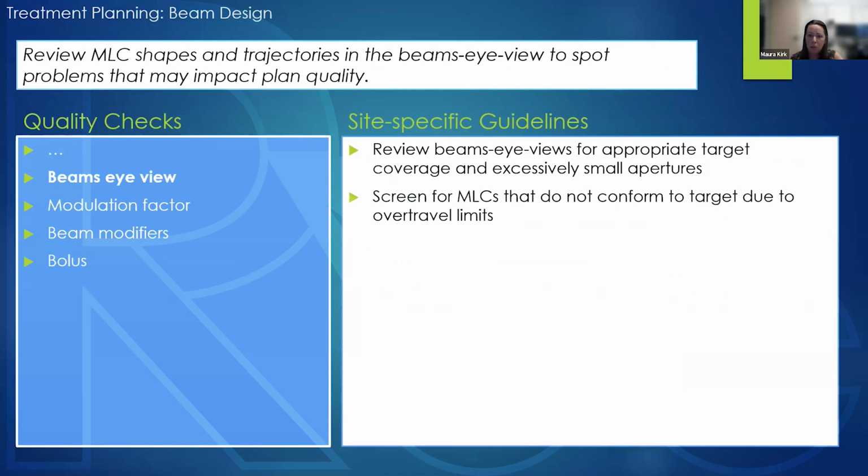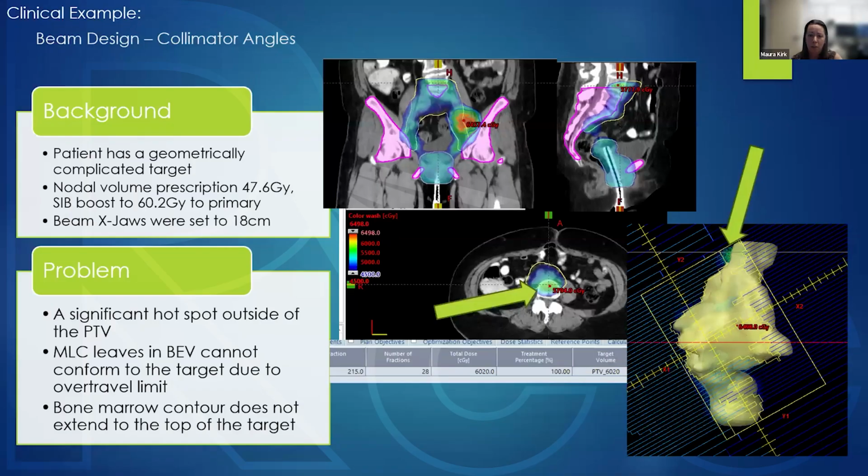You want to review the beam's eye view for appropriate target coverage and excessively small apertures, and then, as I mentioned, screen for MLCs that do not conform to the target due to over travel limits. So here's a clinical example of how that can manifest. The patient has a geometrically complicated pelvic target. We have some SIB doses going on with the nodes prescribed to 47.6 gray and an SIB boost to 60.2 gray to the primary. The beam extras were set to 18 cm,